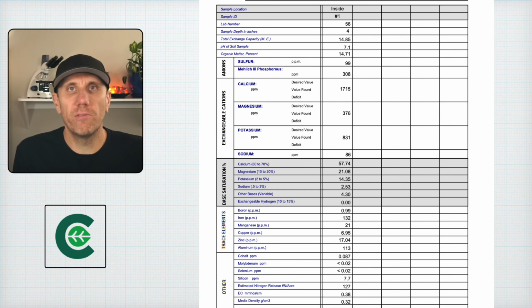And so here first we've got the Mehlich 3 test, and if you start from the top down, it does have the sample depth noted as 4 inches. And if you have a bulk density value, then this doesn't matter. But if you don't have a bulk density value, this is actually one of the most important aspects of the